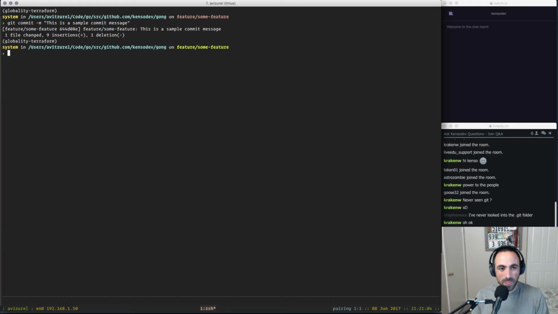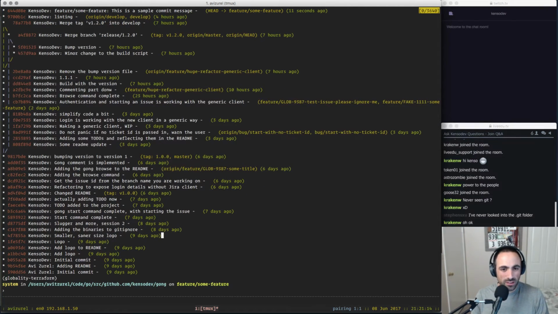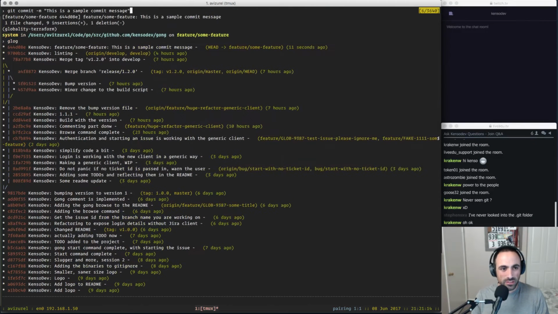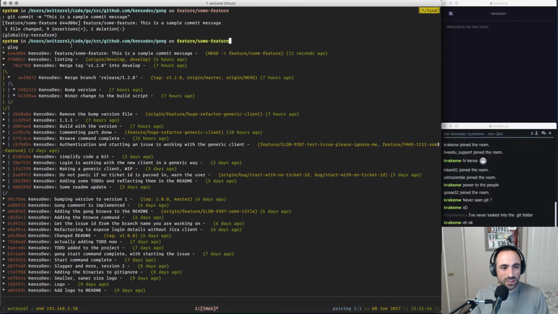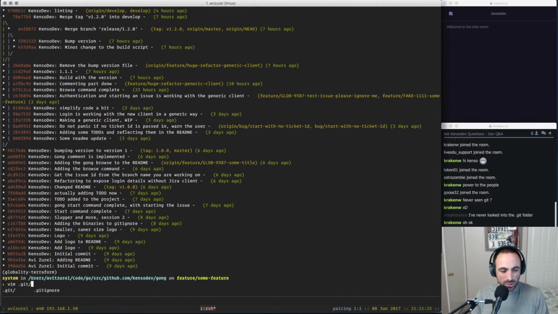Nothing happened. Okay, are you sure? Look at the commit message. Feature. All right, so if I do git log, and let's look at this. Okay, so it added this feature. This is a sample commit message. Okay, so if I go again to this git folder, hooks, and commit message,